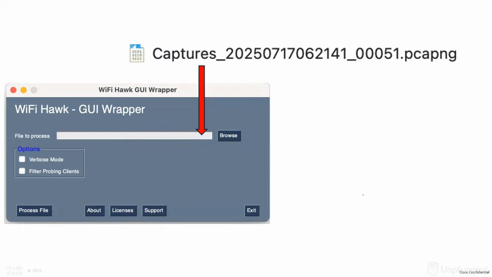So you take the PCAP that you grabbed from the laptop, or you got from an over-the-air sniffer, as Dan was showing earlier. You drop it into the tool, and it takes a bit of time, depending on the size of the file. It might take 10, 15, 20 minutes or more. If it's hundreds of megabytes, you might be at this for a while. It's doing a lot of work in the background, and what it produces is available on the next slide,